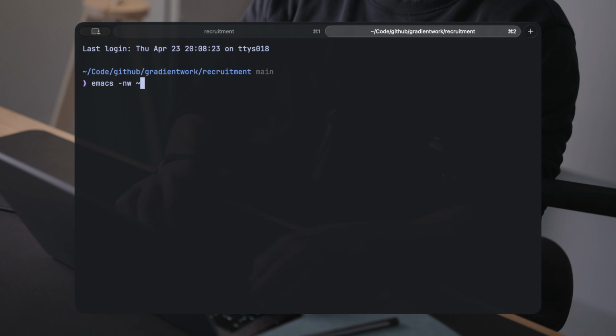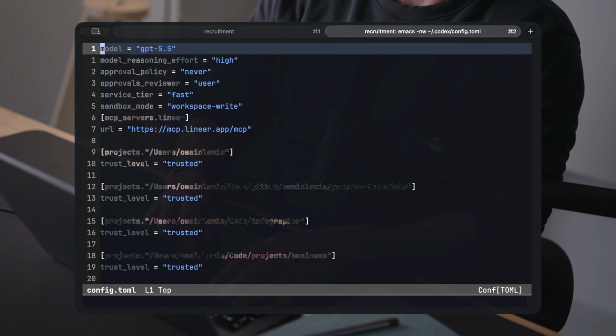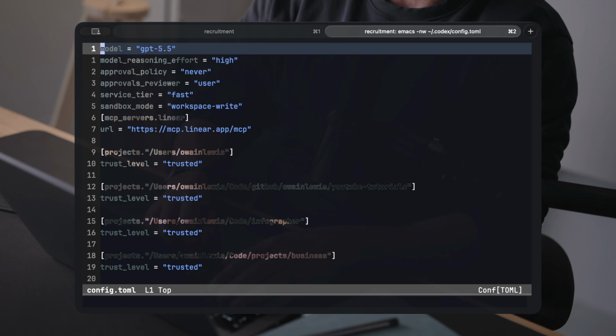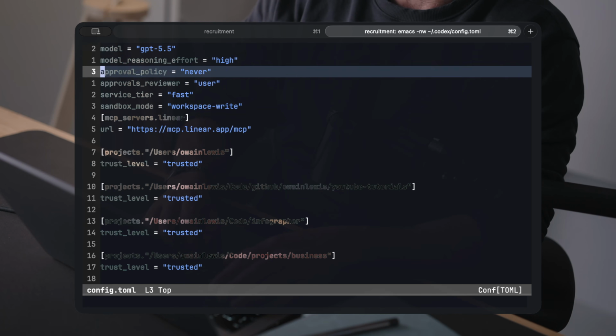So if we were to open up the .codex folder, you can see the config.toml file. Here you can see where all of the settings are saved. So these settings are used across the CLI and the desktop app, as far as I'm aware. So if you do want to change something and you'd like to change configuration, you can actually go and set